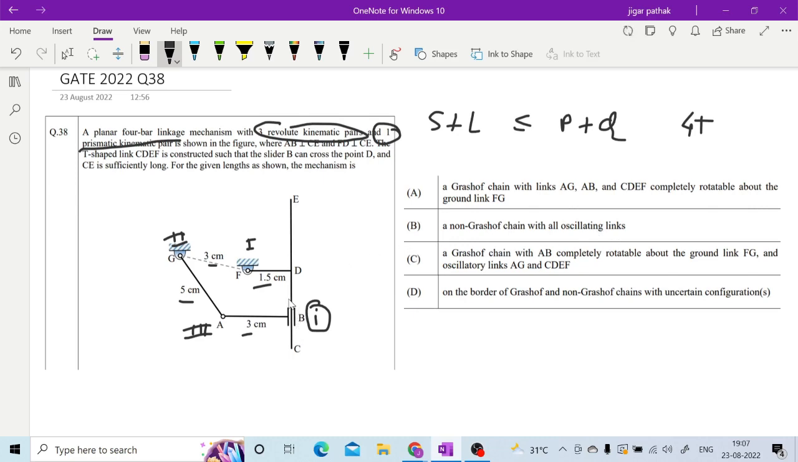Why? Because here you have one sliding link, right? So in that case, this 1.5 centimeter is the shortest link and the link beside the shortest link is fixed. So here the first option is the correct option. All this AG, AB and CDEF can completely rotate around the fixed link FG. So this is how you solve this particular question from the Grashof law, which we discussed in